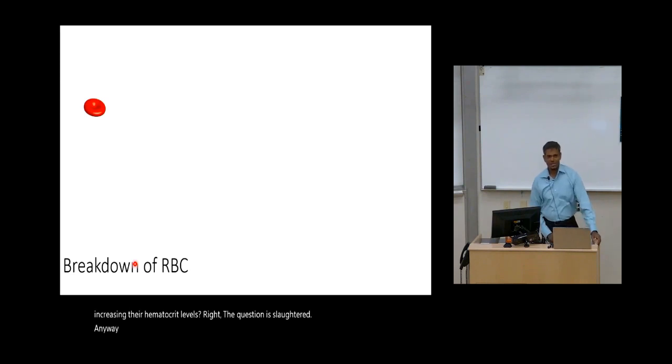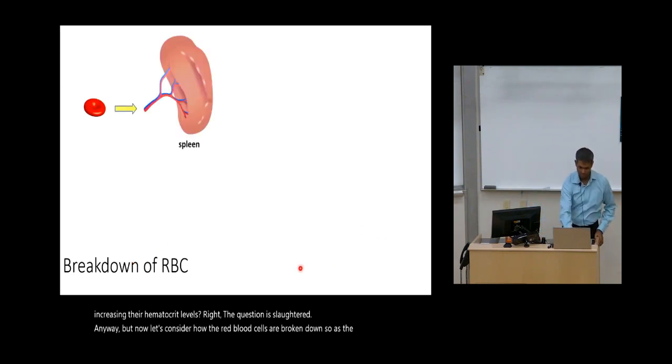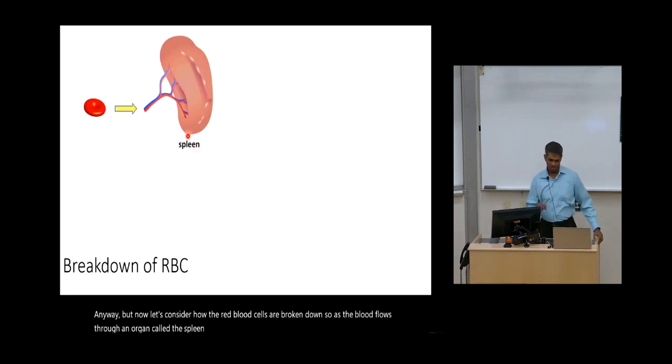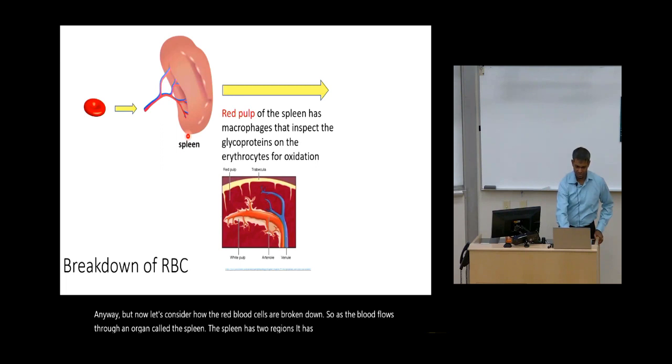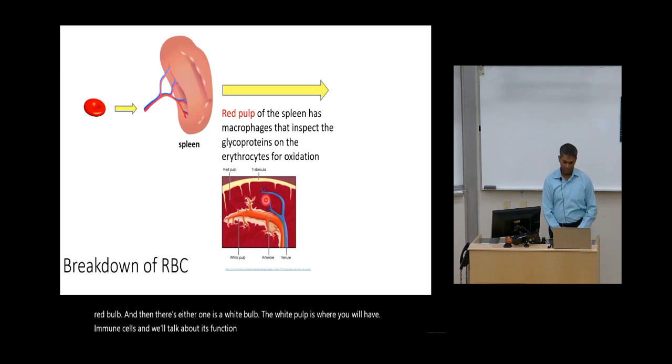Anyway, but now let's consider how the red blood cells are broken down. As the blood flows through an organ called the spleen, which has 2 regions: a region known as the red pulp, and an area known as the white pulp. The white pulp is where you will have immune cells, and we'll talk about its function when we come back tomorrow. But in the red pulp, you will have